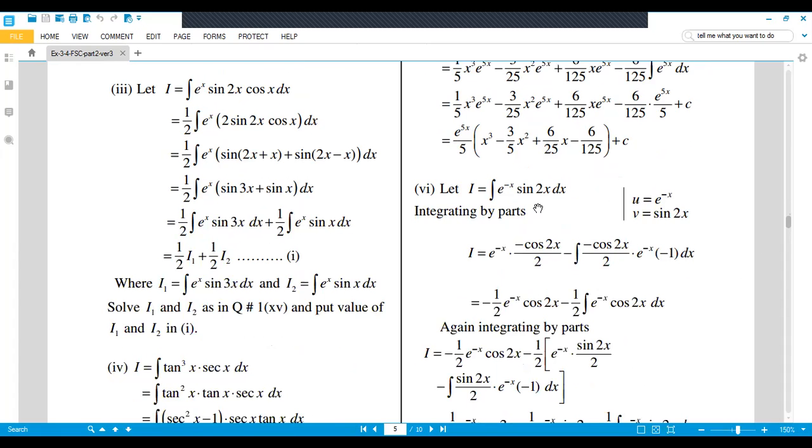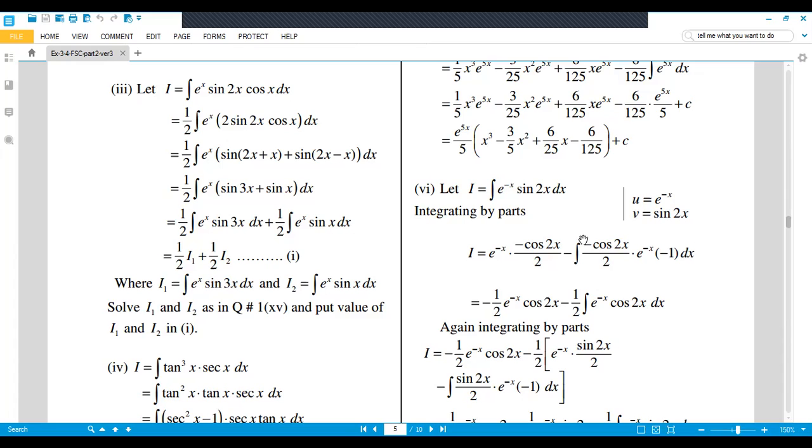Come to the sixth part. In the sixth part you have an exponential function and a trigonometric function. So the exponential function you take as the first value, and the trigonometric function you take as the second value. So let's suppose this is equal to I, so e power minus x as it is, times the integral of sine 2x, which is minus cos 2x divided by 2, because the derivative of 2x is 2, which will come in division in the integral,